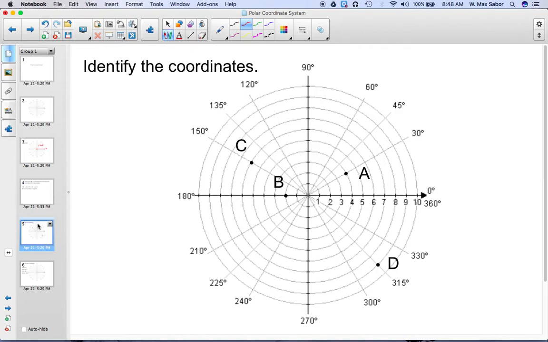So let's identify these coordinates. A is 4 radially and then 30 degrees of a rotation. So 4, 30 degrees. B, well, you could think of it as negative 2, 0, but it's more likely that you think of it as positive 2